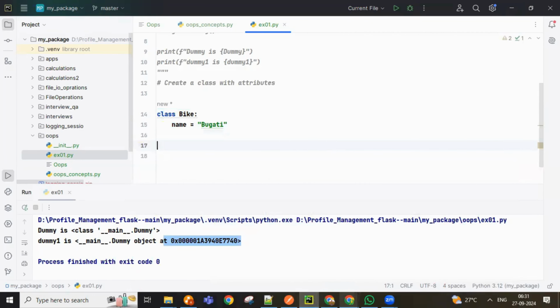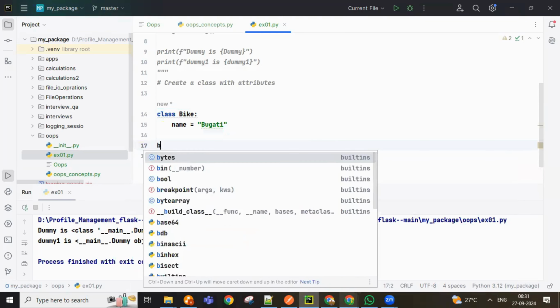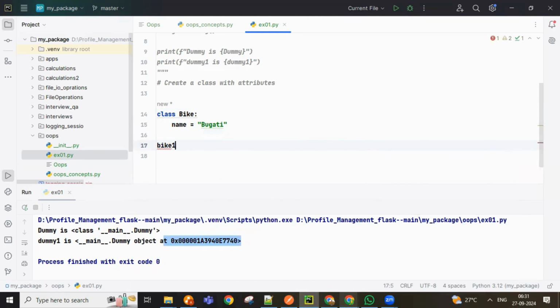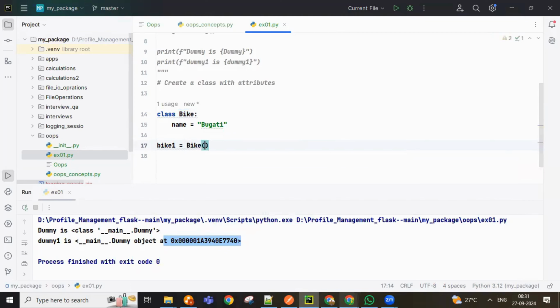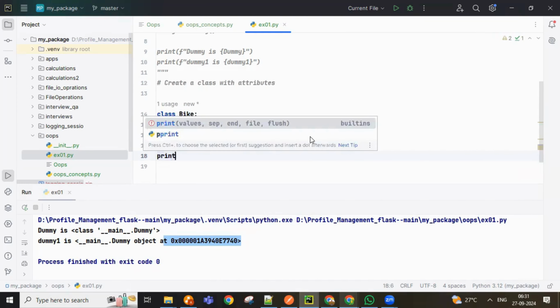Similarly, if I go back here, class bike, name equal to Bugatti. Now I can use this blueprint for creating a number of bikes. Let's say bike one equal to bike. So the bike is created. Now, if I want to see what the bike name is, because I created the bike using attribute name equal to Bugatti, for example, I say print